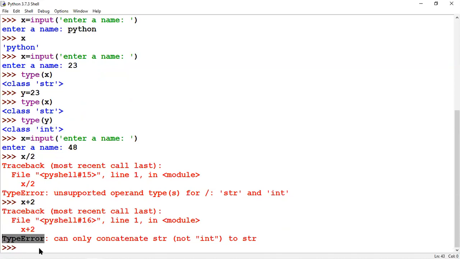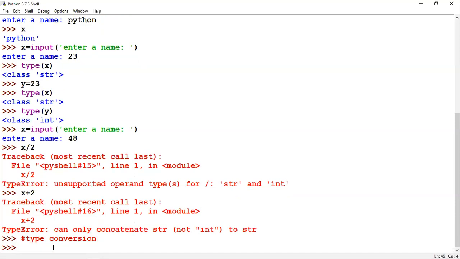So now how to handle the situation? We need to convert one data type to another data type. That is known as type conversion. When we are going ahead with type conversion, the first step is which data type you want to convert to.